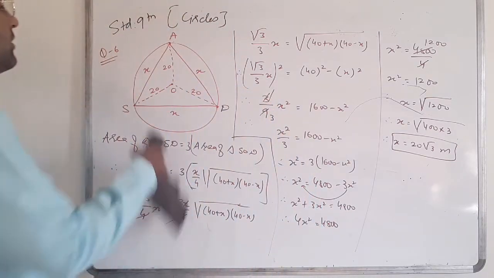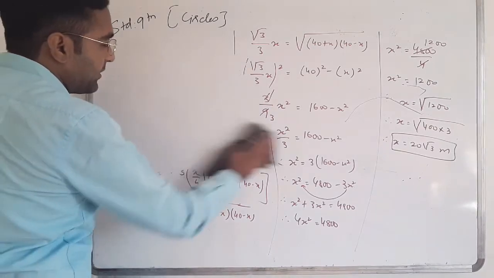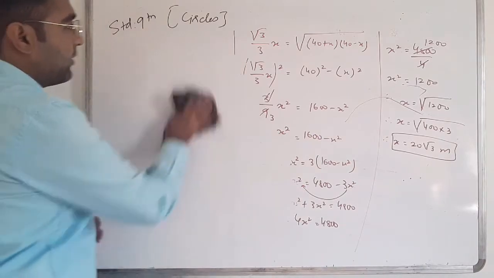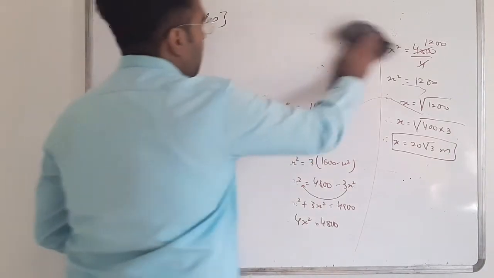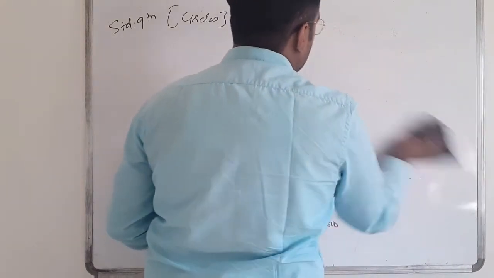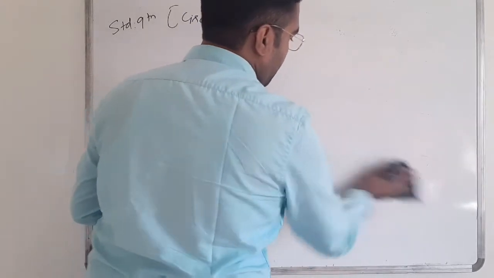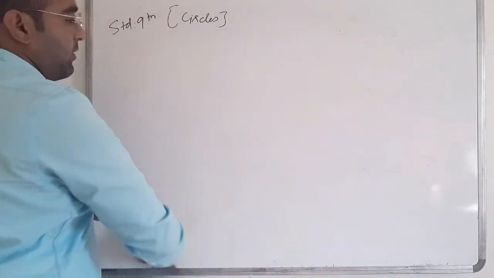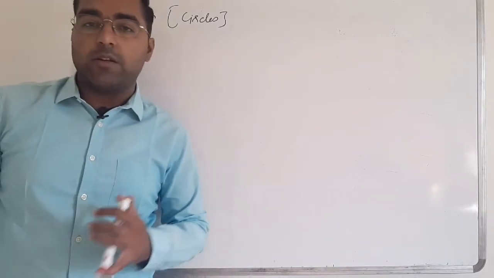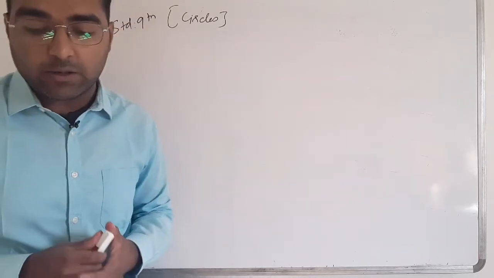We are generally accepting these theorems. This kind of theorem we are not proving. For standard 9, chapter number 10, circles. So the first and important theorem is